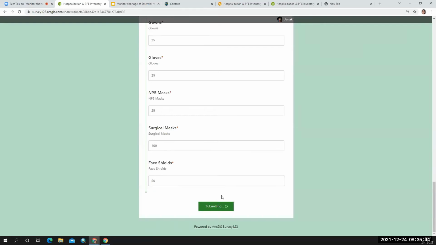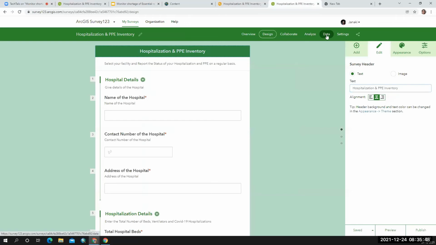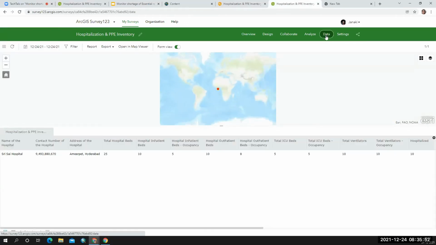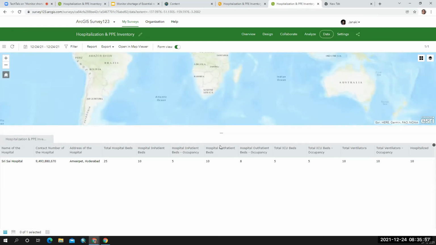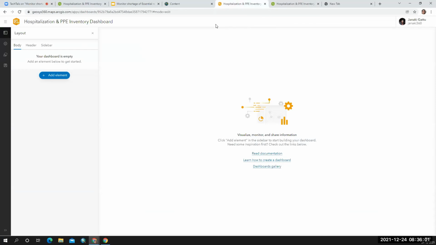So you can click on submit. So once you click on submit, you will have the data here. Okay, so you can have your information, and based on which you can add your elements here.